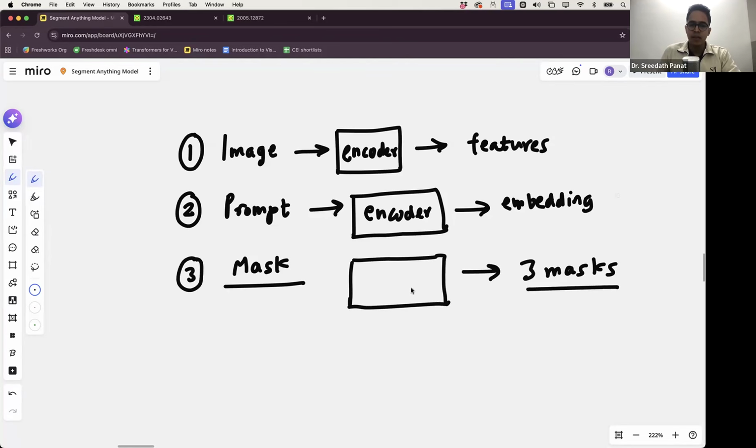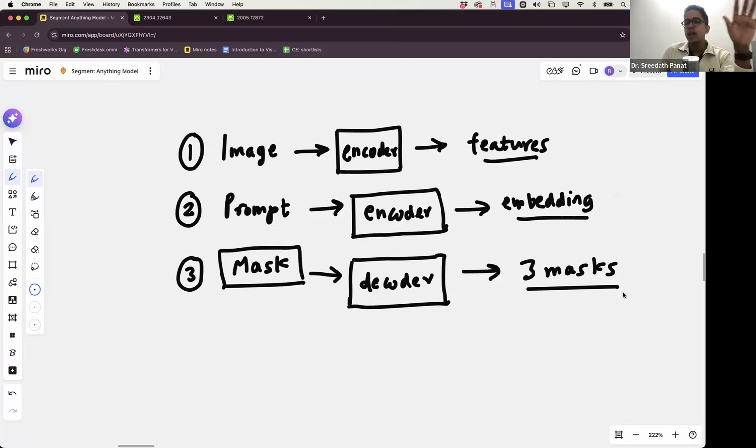This has to be a decoder, right? And into the decoder, I have to pass maybe an initialized version of the masks, right? I also have to pass somehow these two guys, because I have image input, I have prompt input, then I have initialized masks. So these 3 things somehow I have to take to the decoder so that the decoder can finally